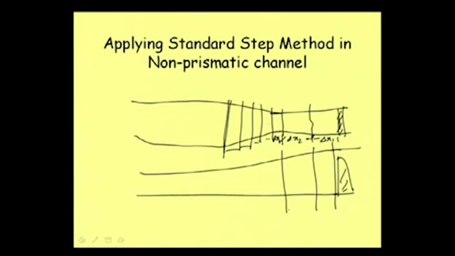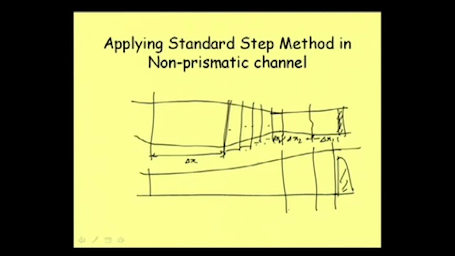So we are considering it as a smaller part, and then we are calculating, and from here to here suppose this is more or less prismatic, and we are dividing it by our own way. So this distance can be much larger, and that way we can compute our profile from here to here, considering different delta x as per our wish, so that we can have a better and more accurate solution. The only problem is that we need to go for a little bit of trial and error, and with a computer program this can be very easily overcome. So that cannot be considered a big problem.